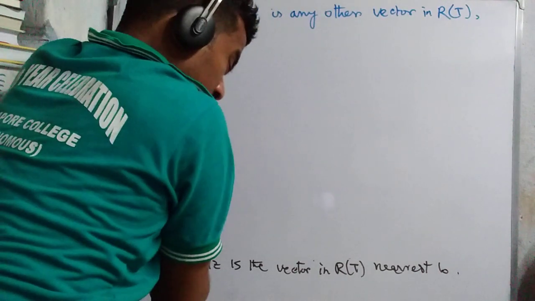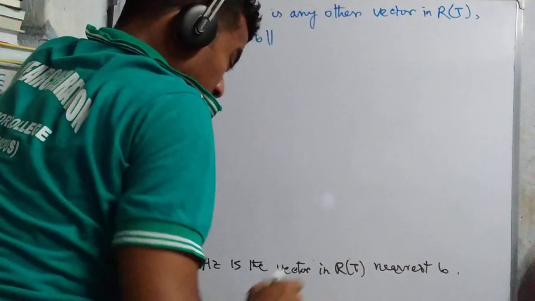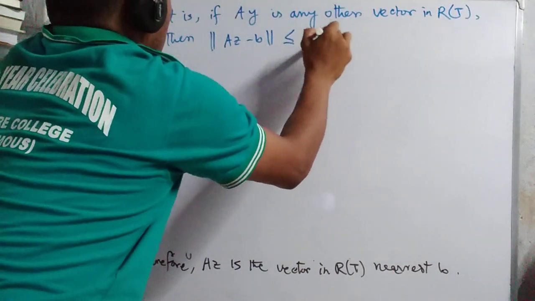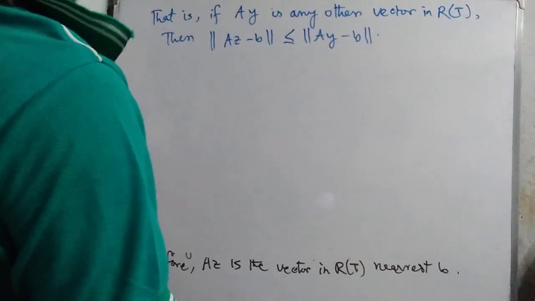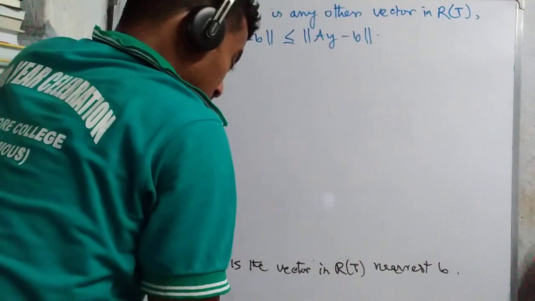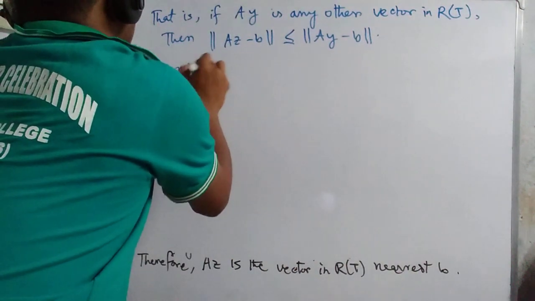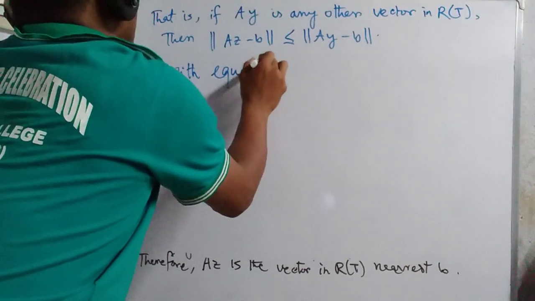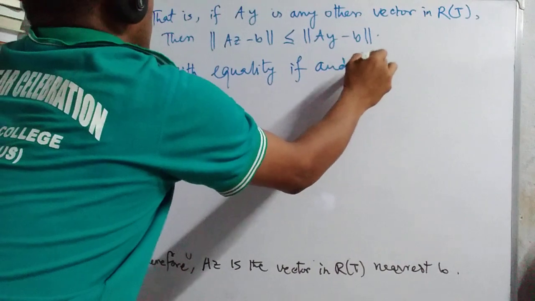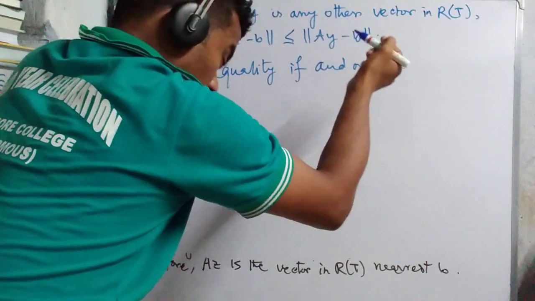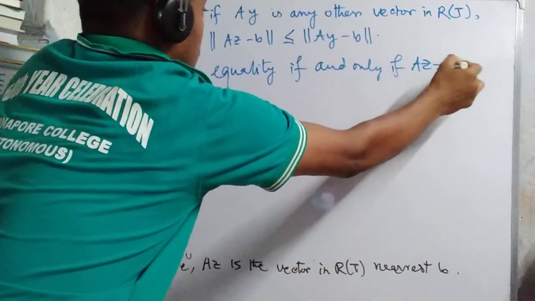Then here norm Az difference b less than equal to norm Ay difference b. Okay, similar way we also discuss this one with equality if and only if what happen? Az equal to Ay. Okay,